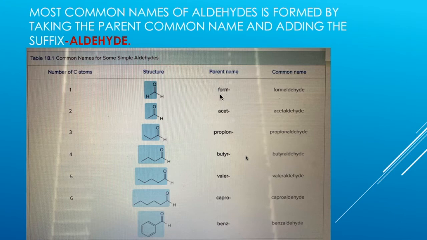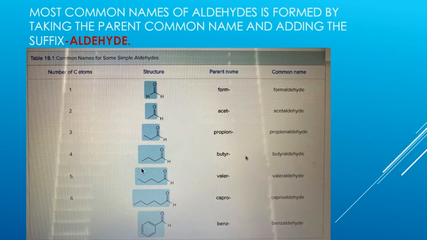The parent name is form, so the name is going to be formaldehyde. And for the second structure, it's an aldehyde. This side doesn't have a hydrogen here. It's an R group, so it's going to be acetaldehyde. Acetaldehyde. And for that one, we see it has 1, 2, 3, two more carbons, so it's going to be a